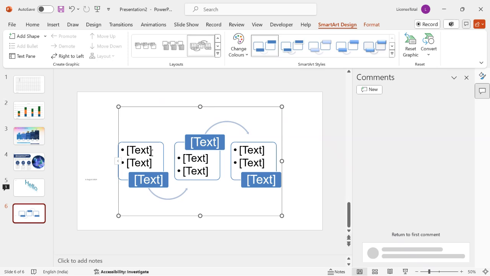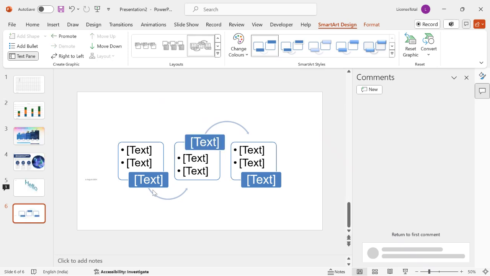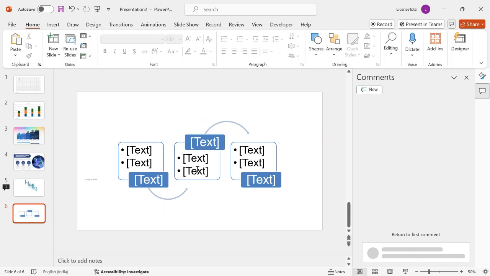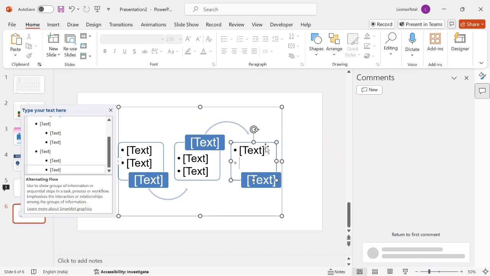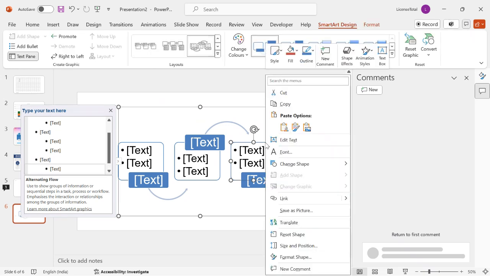So here I can add the text. I can add the text here also, here also I can add. So it is telling from this process, next is this. After this, we'll go to this. So like this, you can create the processes. And if you wanted to add one more process here, I can right click here and